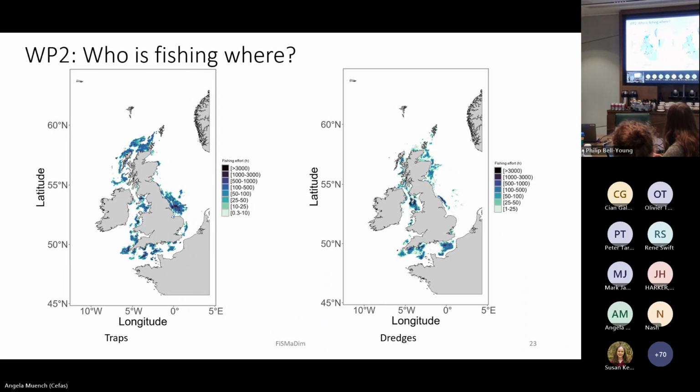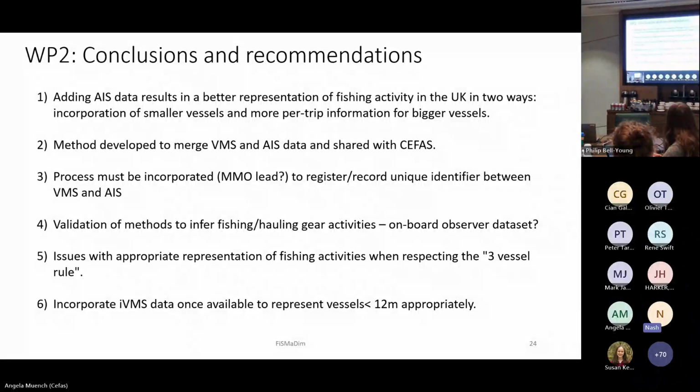So some of the conclusions and recommendations for this work package were that adding AIS data resulted in better representation of fishing activity in 2 ways. One, it incorporates information on smaller vessels. Two, you can actually get more data on a per trip level for bigger vessels.